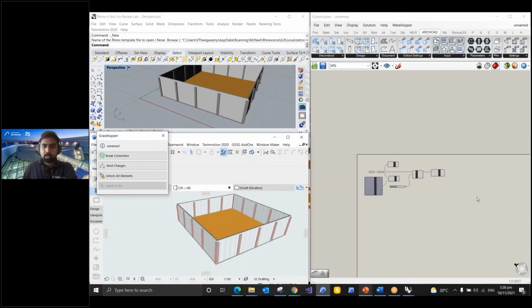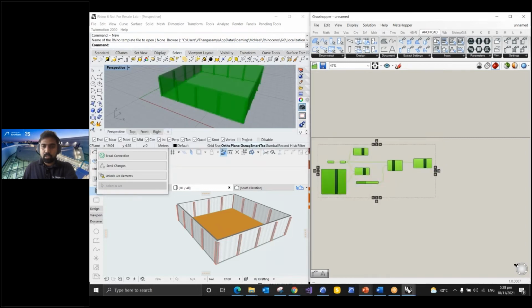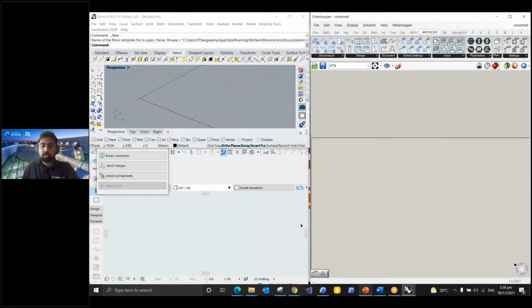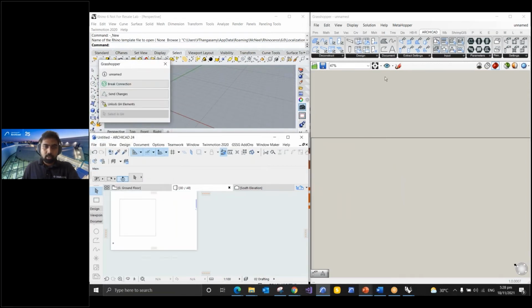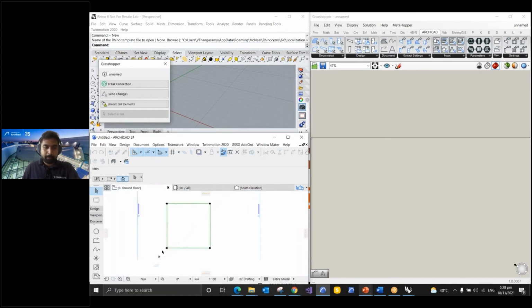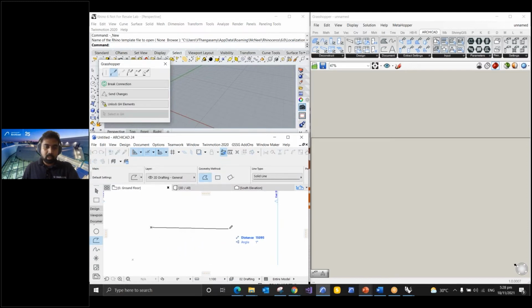Okay, so let me just use the same one and delete everything. So once I delete, you can see everything gets deleted in Archicad also. Okay, so before going into Grasshopper, let me go to the ground floor here and then delete this polyline square rectangular one. I just use the polyline tool again, and now I want to create a straight line for my sun shading device. Okay, so I can just create a 4 meter one. Okay, so once I create this,